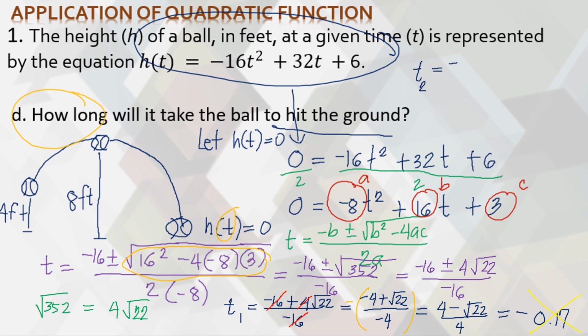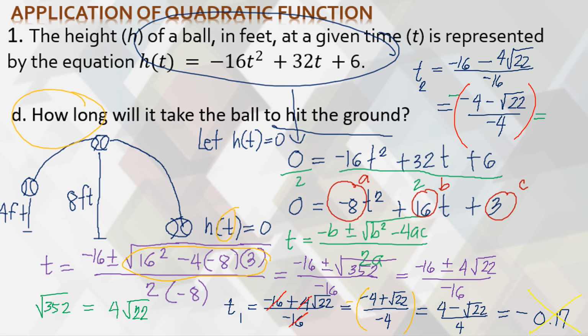T sub 2 is equal to negative 16 minus 4 square root of 22 over negative 16, which will give us, so ang gagawin natin dyan, divisible sila by 4, diba? Katulad din ng kanina, so we have negative 4 minus square root of 22 over negative 4. And then i-negate natin, para maging positive yung denominator. Mangyayari dyan, that can just be